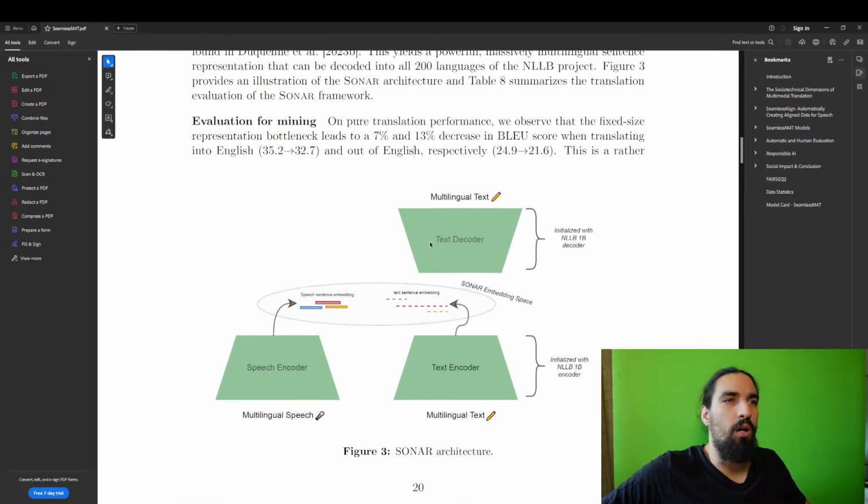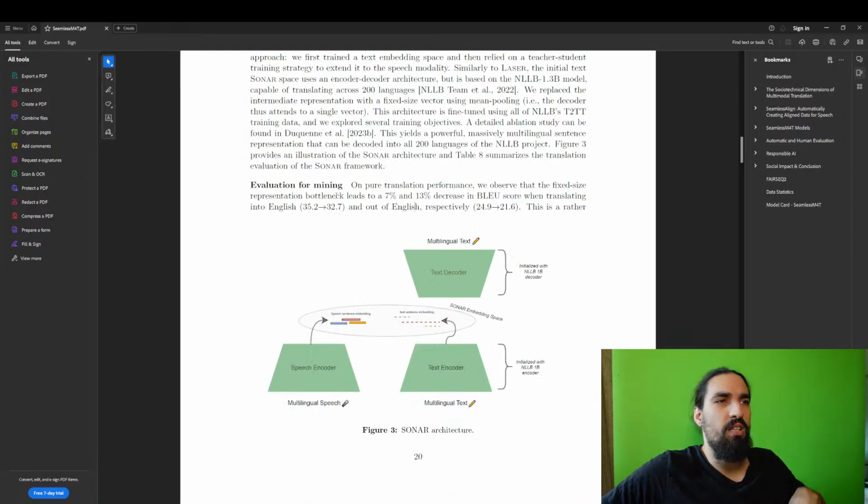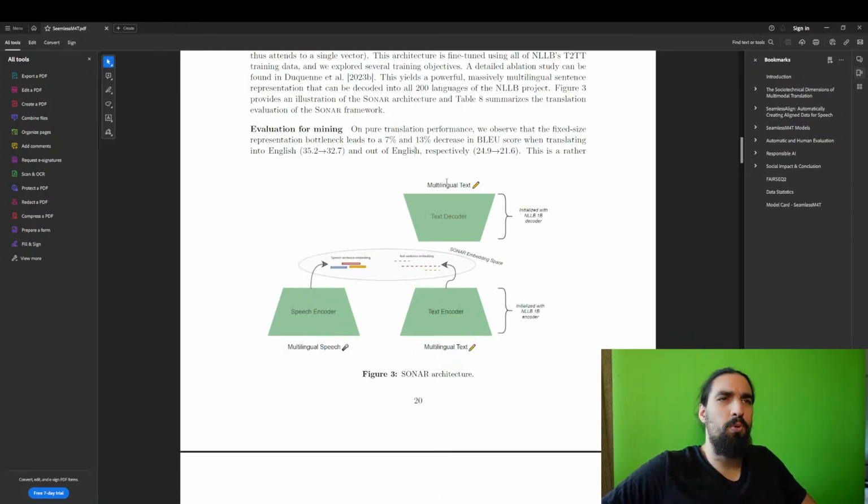Let's continue. Let's see the evaluation for mining. Pure translation performance. We observed that the